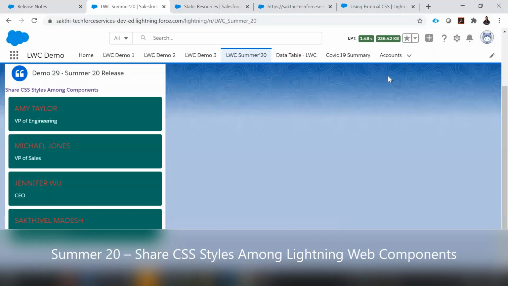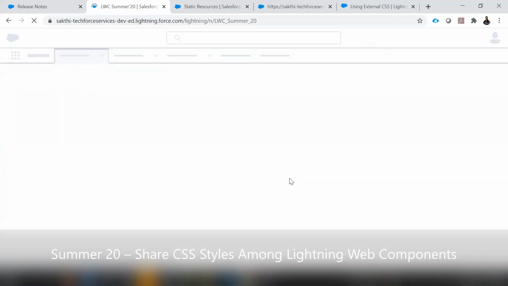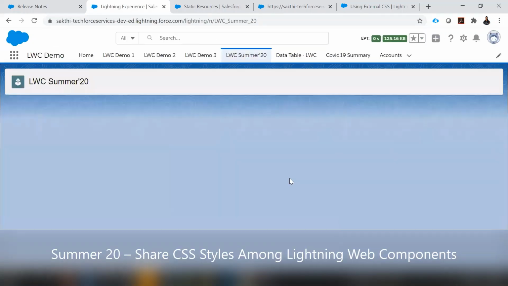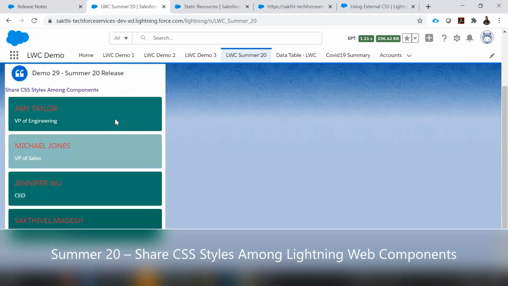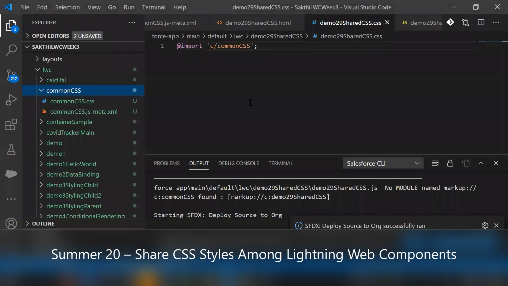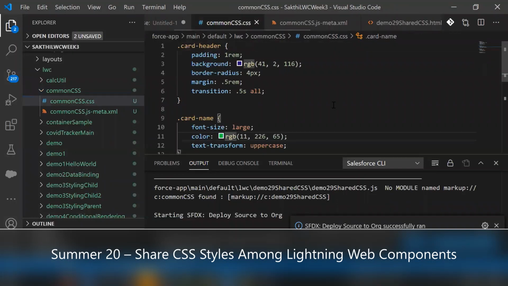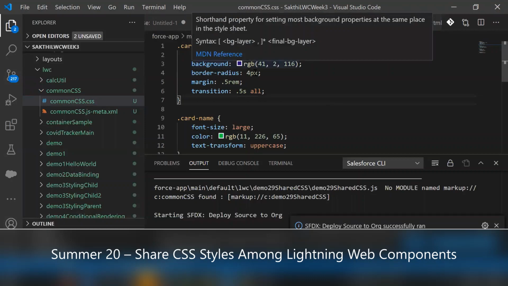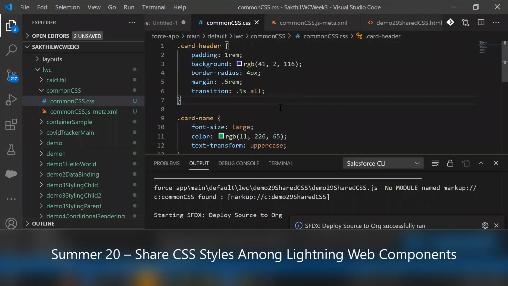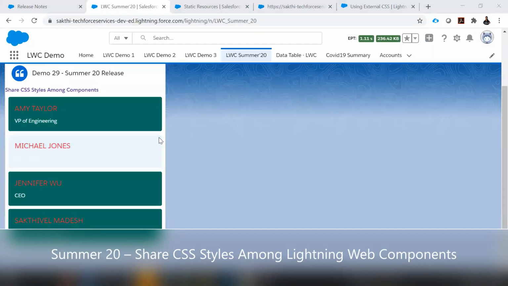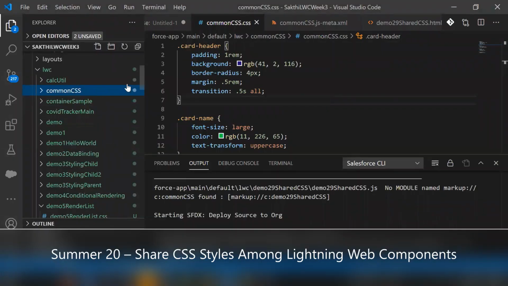Let's refresh. I'm clearing my cache. If you noticed, I'm getting the changes. Let's change the colors from the CSS only module. Let's see, the background is blue color. I think this change is not reflected. That means the component was not deployed properly.